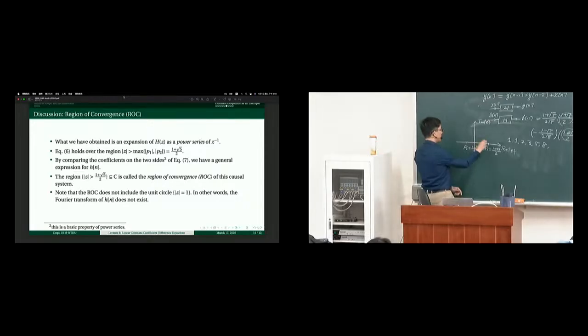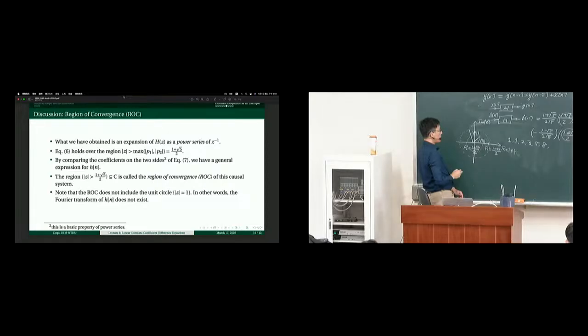So now, draw a circle. You can draw a circle with a radius of |P1|, and then draw another circle with a radius of |P2|, absolute value. This is the absolute value of P2 for the radius, and this radius is the absolute value of P1. You draw two circles, and then we know that equation number 6 on the previous slide